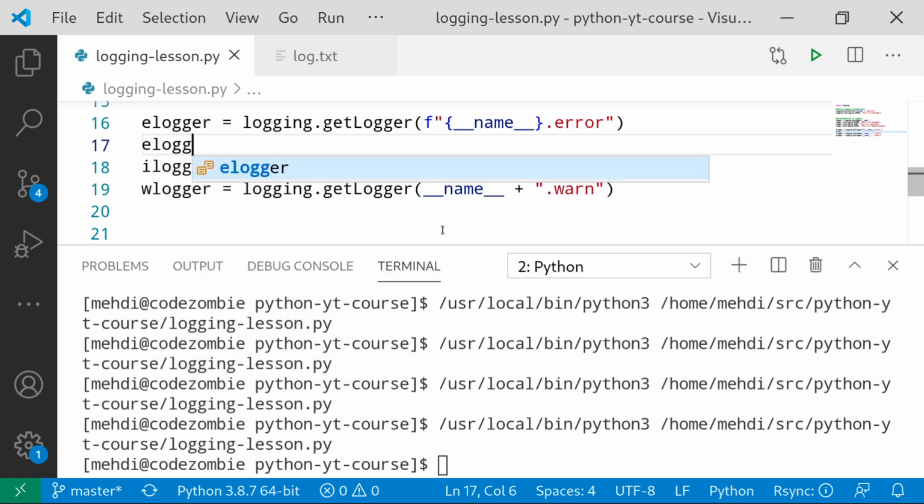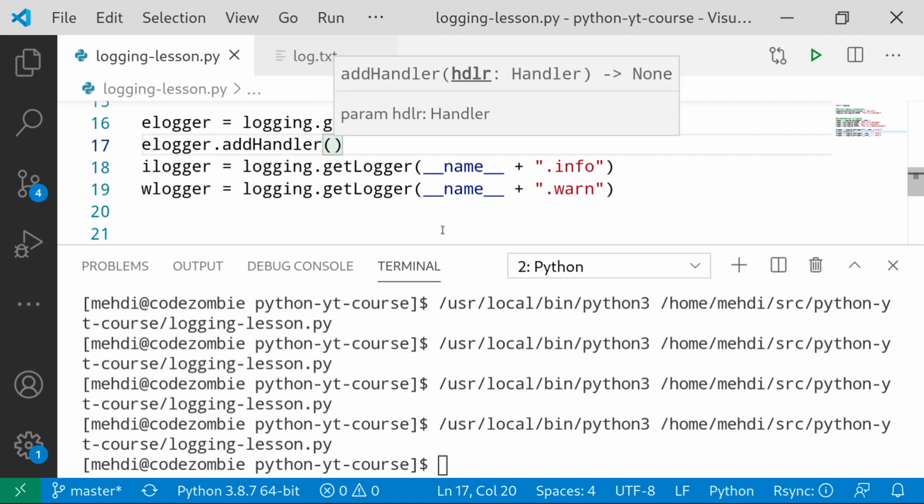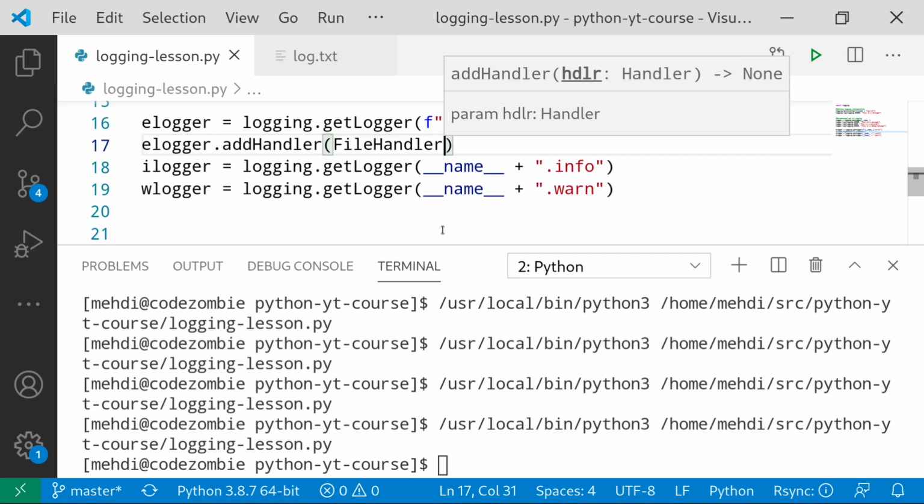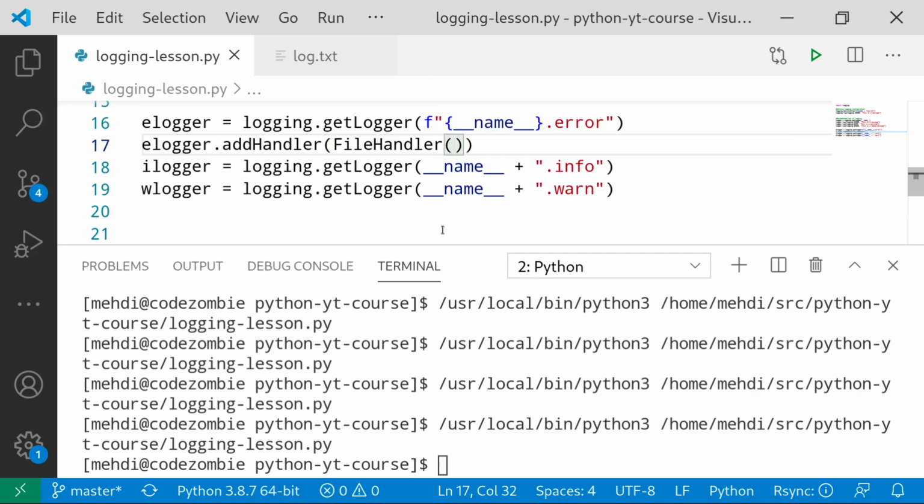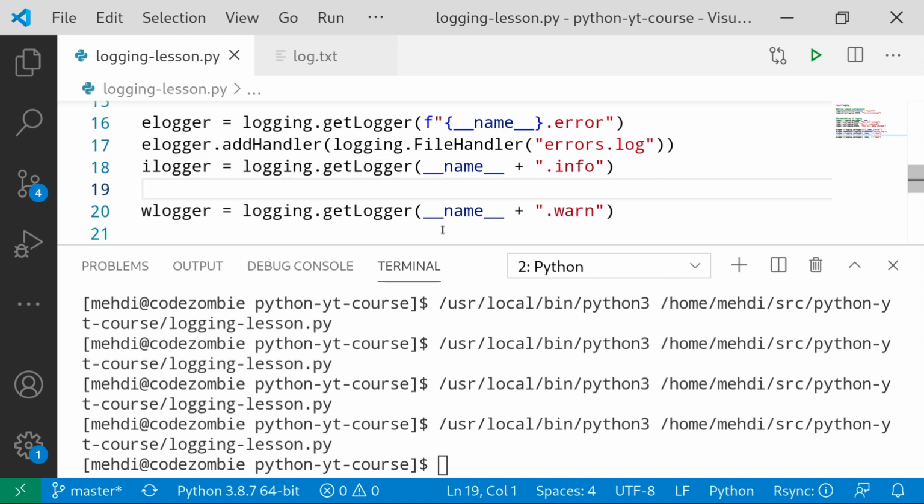For elogger, for example, I add a handler and I specify a file handler. FileHandler needs to be imported from the logging module. And we specify a name for it. So for error, errors.log, and we do that same thing for the info log messages as well. So ilogger,